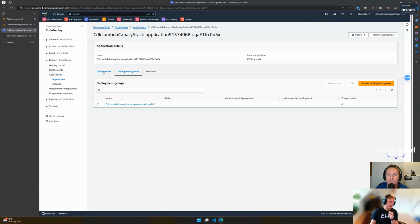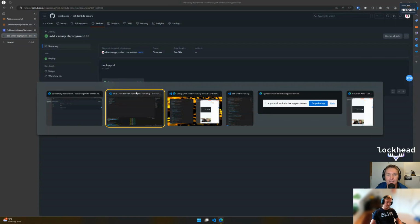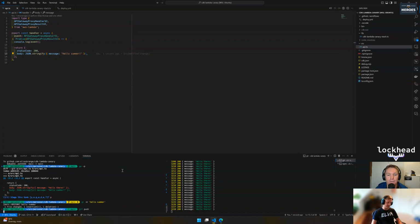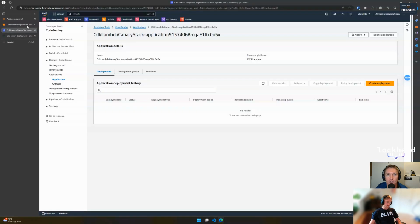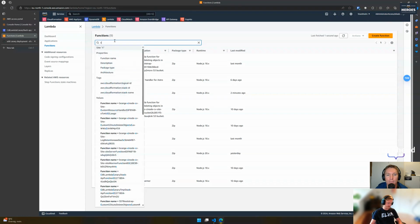I think when you actually do deploy it, it compiles a YAML or whatever it's called, which points to the alias in turn. But we can see here that we have no deployments yet. So let's push up hello summer and see what happens. But we should in the console already see that there is an alias for the Lambda function, right? And that the API...